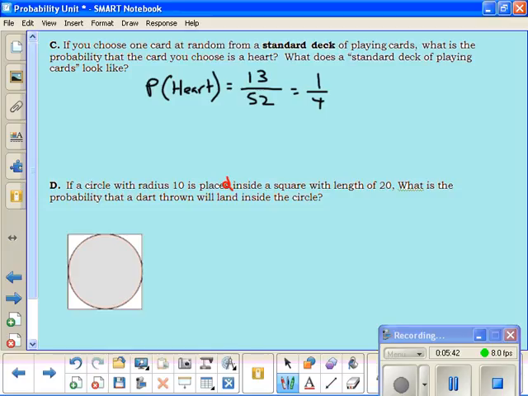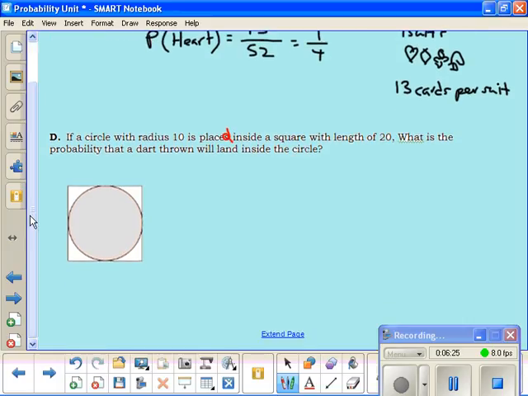Okay. And then second part, what does a standard deck of playing cards look like? There's 4 suits. There's hearts, diamonds, clubs, and that's a horrible club. And then there's spades. And then in each suit there are 13 cards. And those would be ace, king, queen, jack, 10, 9, 8, 7, 6, 5, 4,